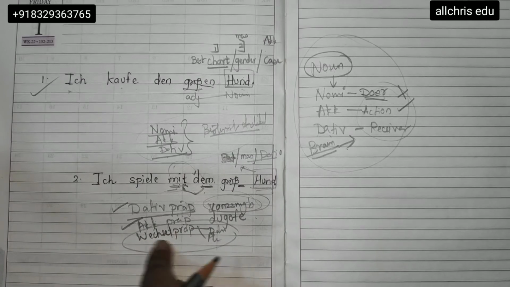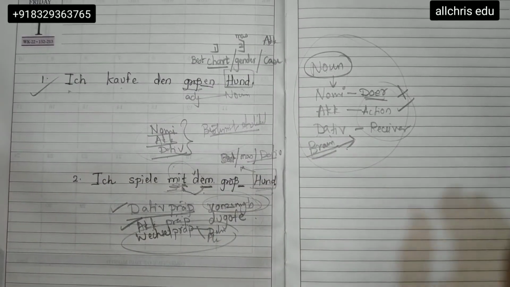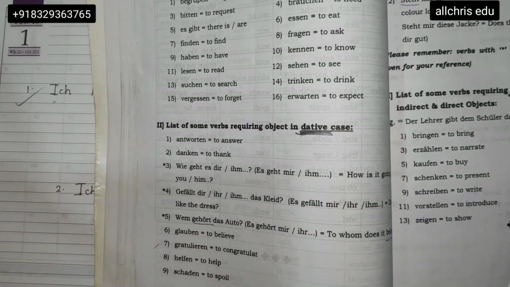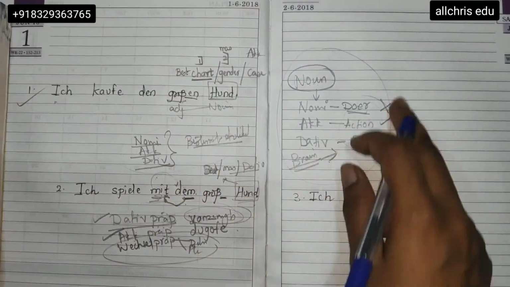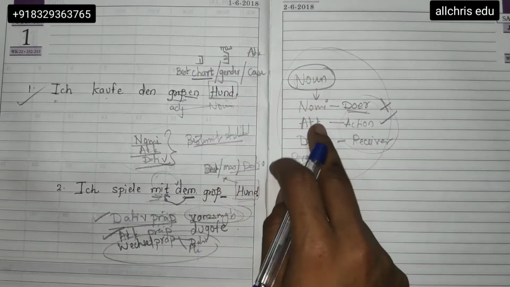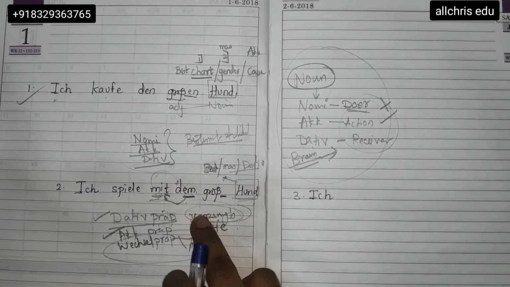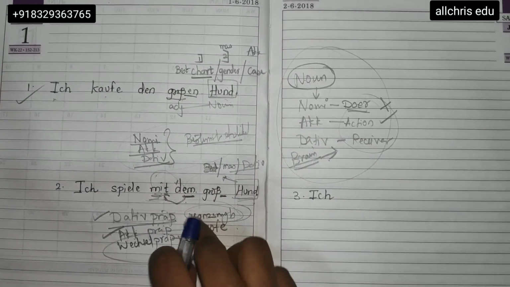So you should know this concept. Okay, so this is how to do the rough work. Now students, there is also one more third concept. First I told you where you have to use your brains to find out whether a particular noun is nominative, accusative or dative. Then there is also one concept where we don't have to use brains and just trust the preposition.